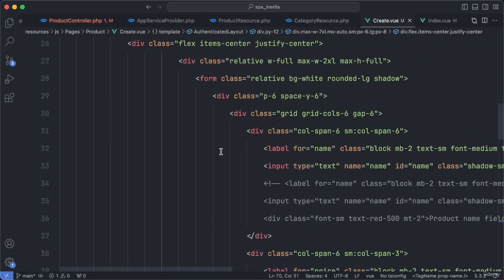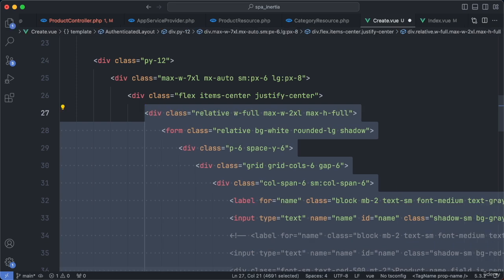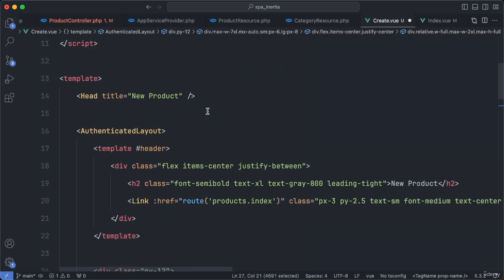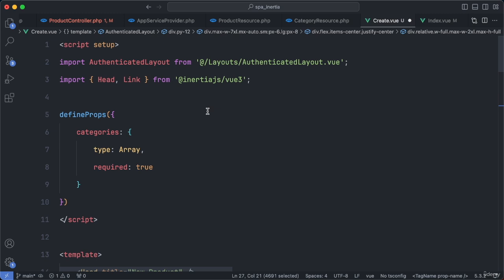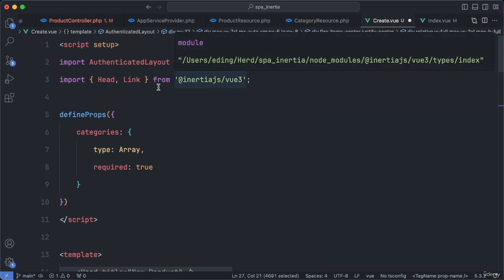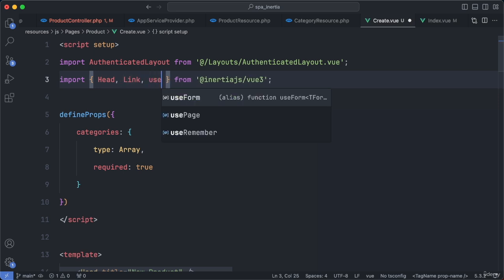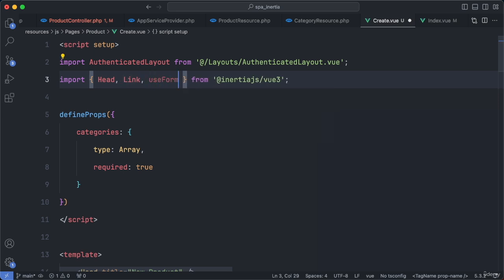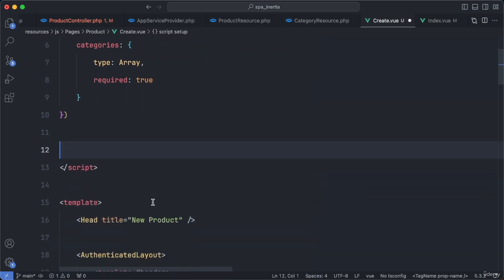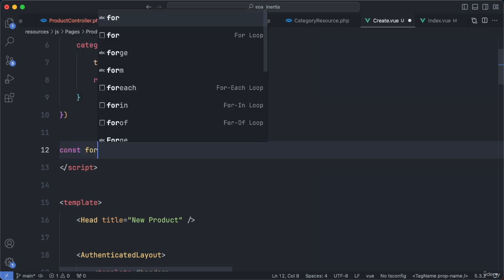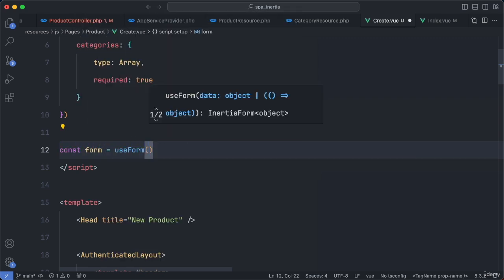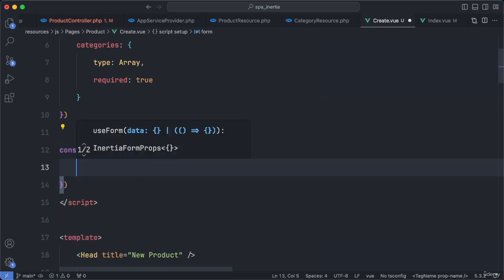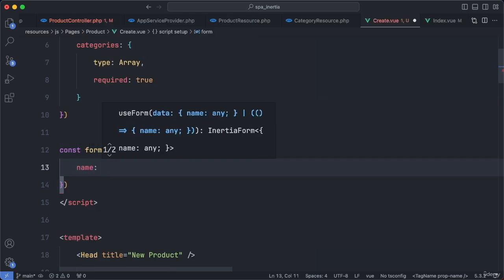Let me reformat the code here. And now, to make the form actually work, since we're using Inertia, let's first import from Inertia.js Vue 3 the useForm function. Once imported, let's assign it to a variable. Then specify an object containing name with an empty string,